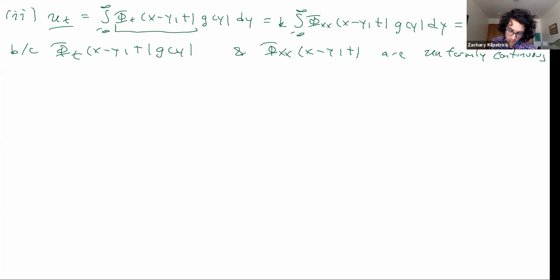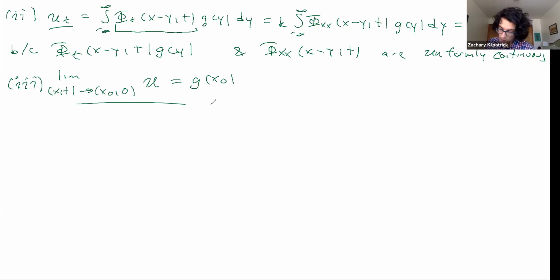Okay, so now the part that requires a little bit more work is just going to be computing this limit, right? As I take t to 0. So that's the third property. And in order to show that this is equal to g of x0,